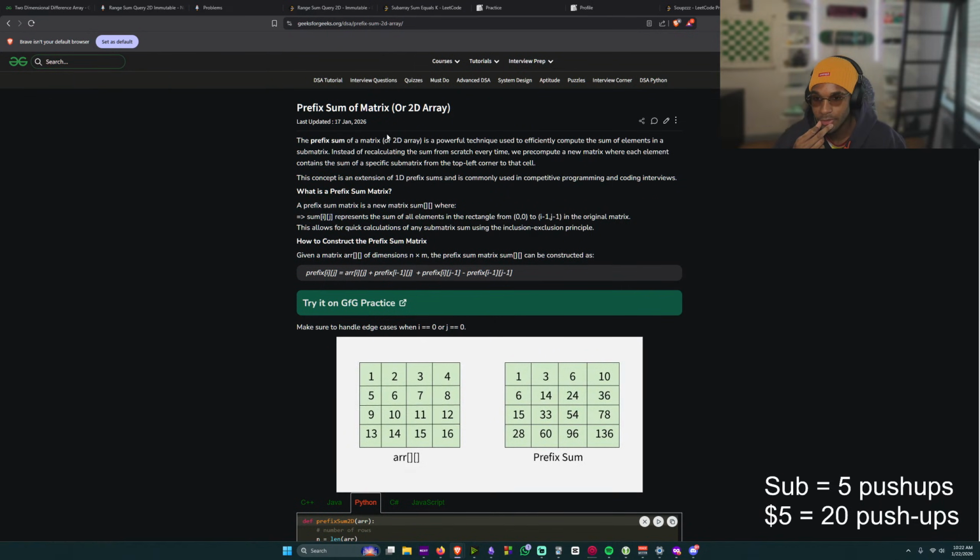All right, prefix sum of a 2D matrix is a powerful technique used to efficiently compute the sum of elements in a submatrix. This concept is an extension of the 1D prefix sums commonly used in competitive programming and coding interviews. What is a prefix sum matrix?